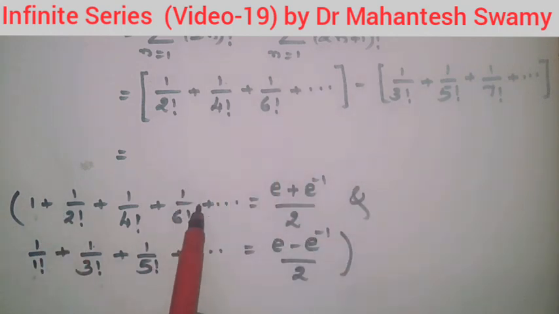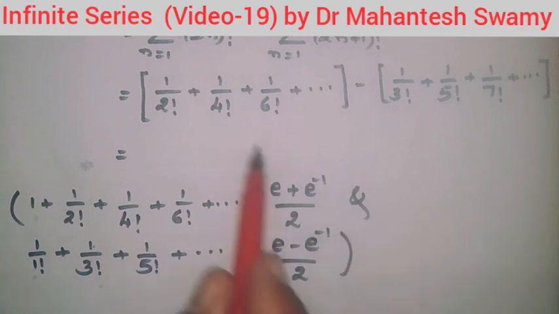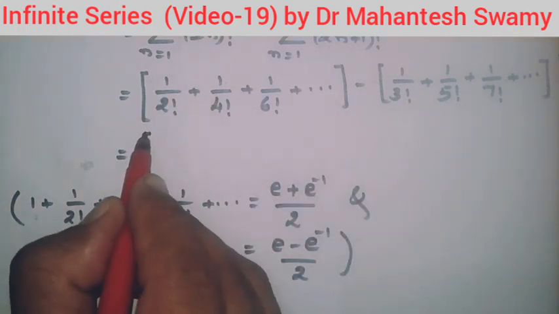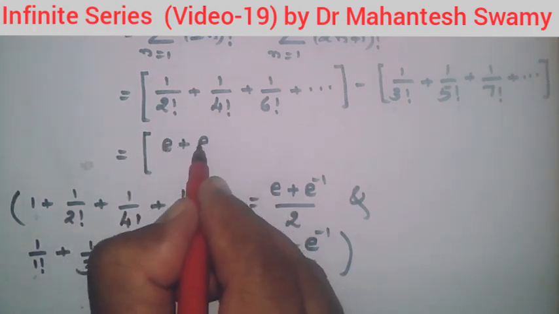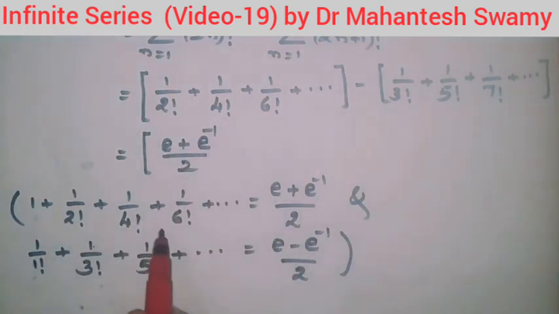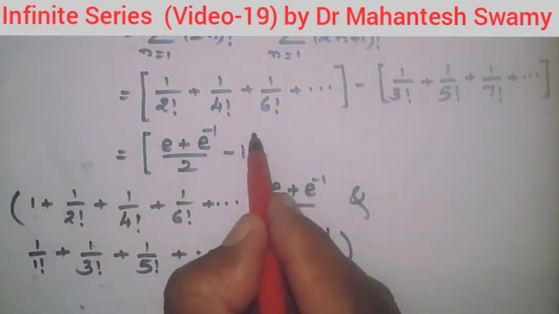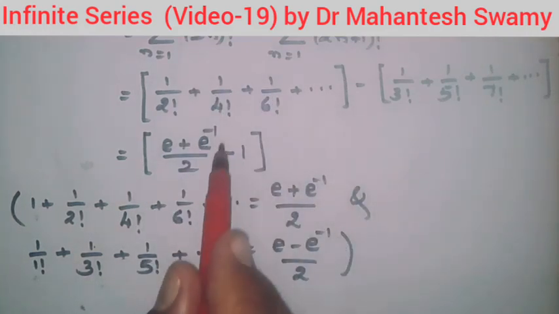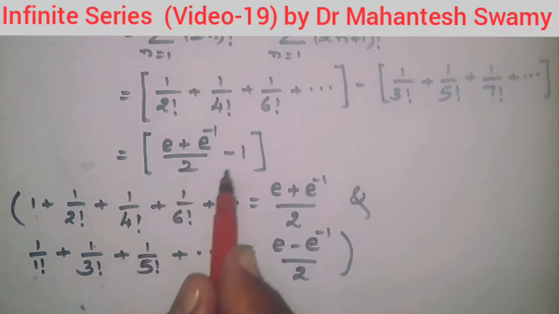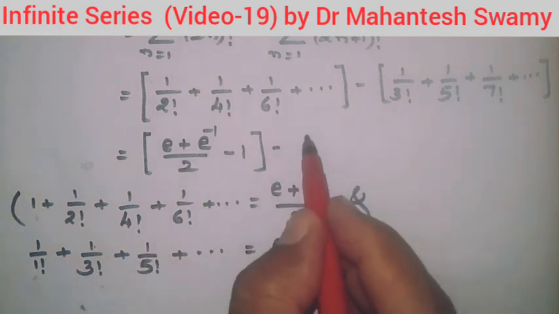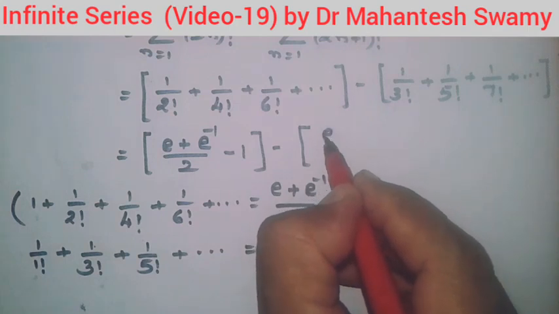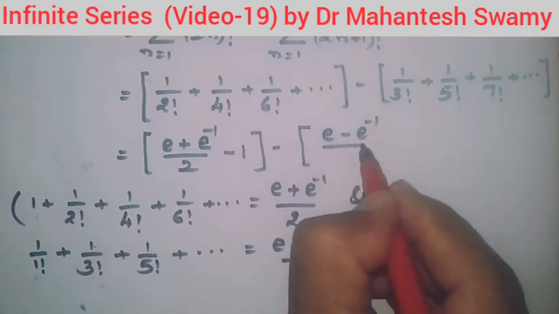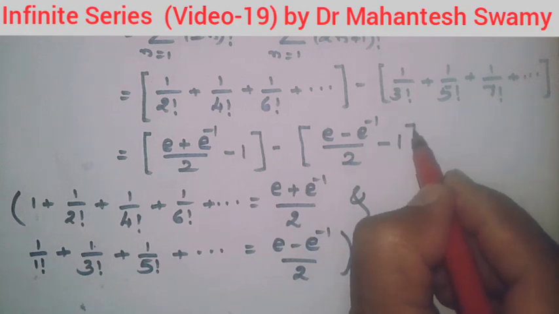So we are having only this much. So therefore this answer minus 1 will be the value for the first bracket. So the value of the first bracket will be (e to the power 1 plus e to the power minus 1) divided by 2 minus this 1. So the first bracket is simplified like this. Now for the second bracket, the value of this is this RHS minus 1 by 1 factorial, which is 1. So again it is (e to the power of 1 minus e to the power of minus 1) divided by 2 minus 1, simply.